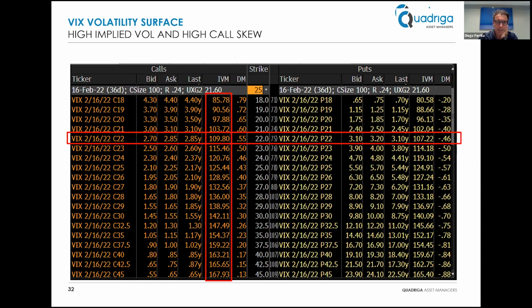You see in red the at-the-money vol for a 1 month option is roughly about 108%, which is pretty high. But you also see that when you look at higher strikes towards the bottom, you see, for example, the 45 call on the VIX, even if it's very, very far away with the index around 21, is more than double. It's still worth about 60 cents, and this is reflective of implied volatility of around 168, which is a pretty significant increase relative to the at-the-money, and it's something that, of course, is driven by risk premia, an imbalance in supply and demand. Nobody wants to be short those things when hell breaks out,